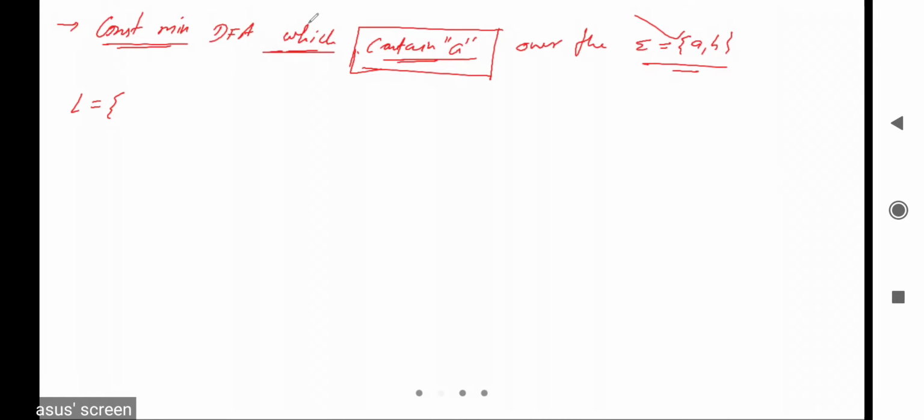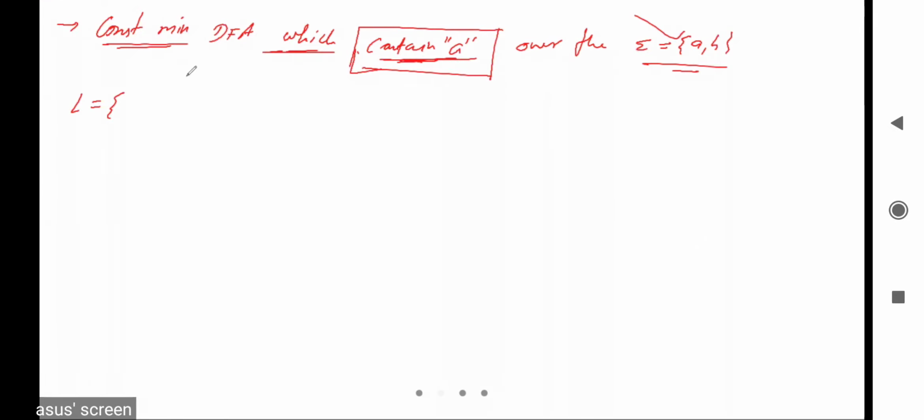Let's see the language. So construct the minimal DFA that contain a. Contain a means in every string there will be a. It can be single a, double a, triple a, any combination, right? But definitely there will be a.